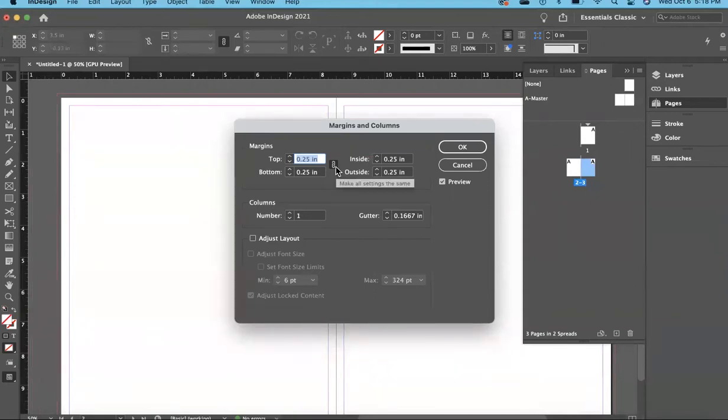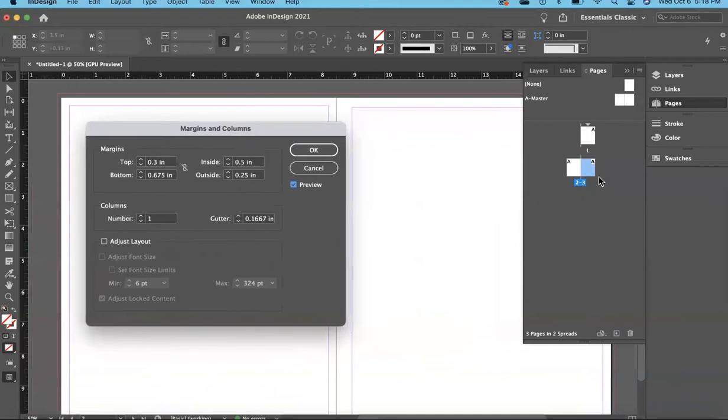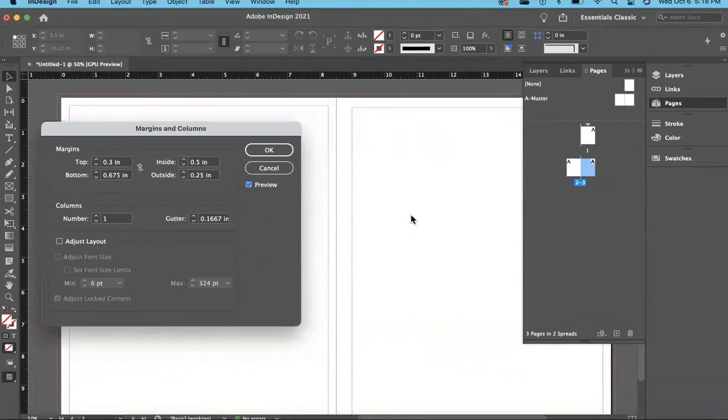Now, you don't necessarily have to, especially for magazines. Sometimes the top and the bottom are different, inside and outside are different. So I can unlock or unlink these, and I'm going to type in something else instead, just to give you an example. Or maybe that's, and the inside could be 5 and outside. And I can preview. So right now, because I'm selected on page 3, it's actually applying it to only one